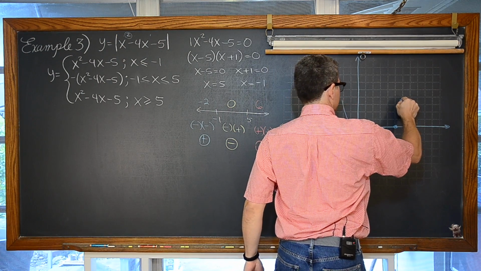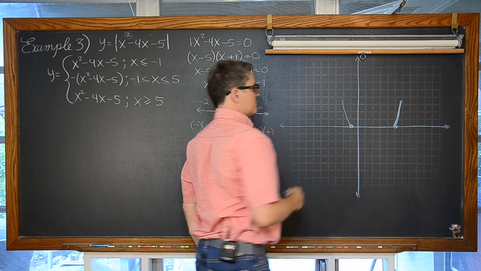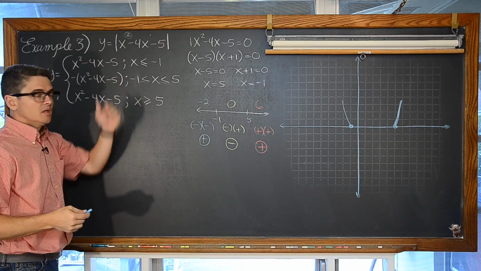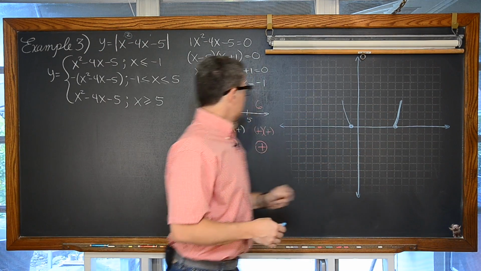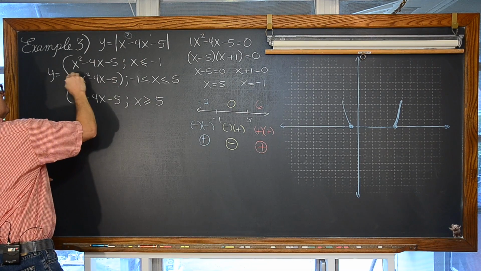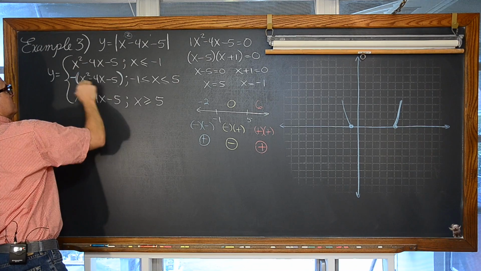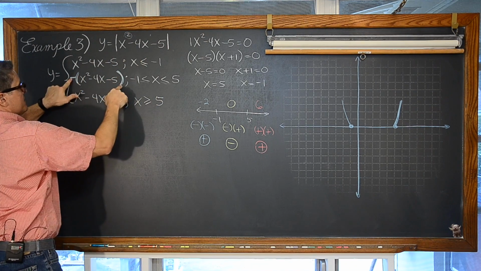And again, this is just a sketch. Maybe I'm not really sure where the parabola is going to be when x is 6 or when x is -2. We could plug them in, of course, but just as a sketch. And then the graph is coming through, and wait a minute, this parabola now has a negative, replacing that absolute value sign with a set of negative parentheses.